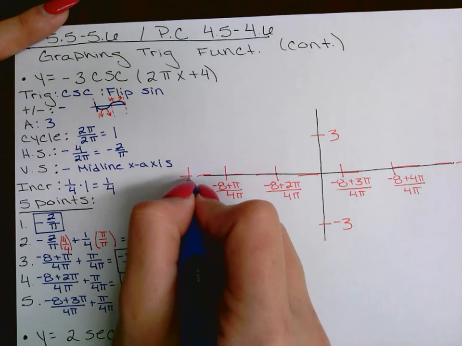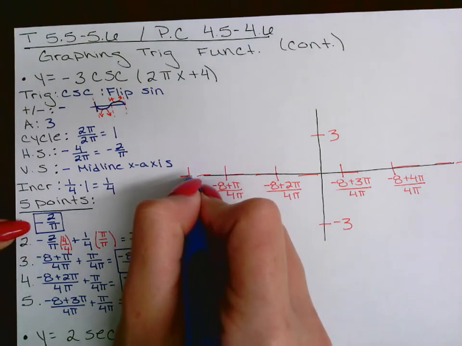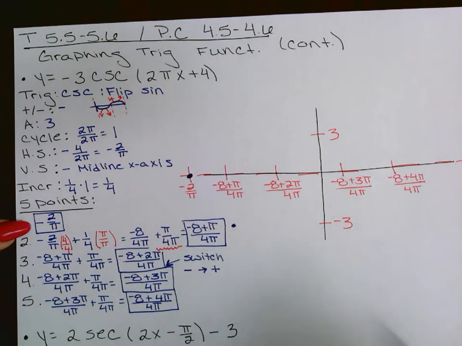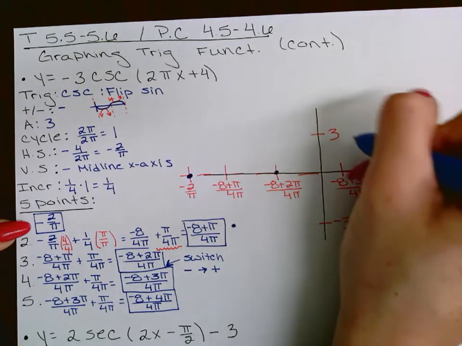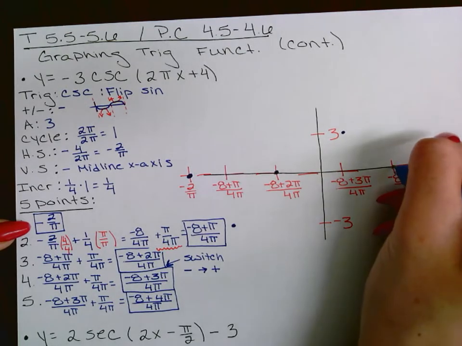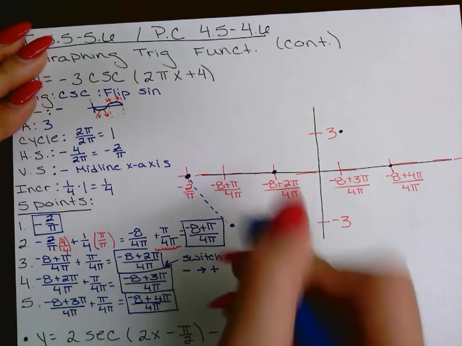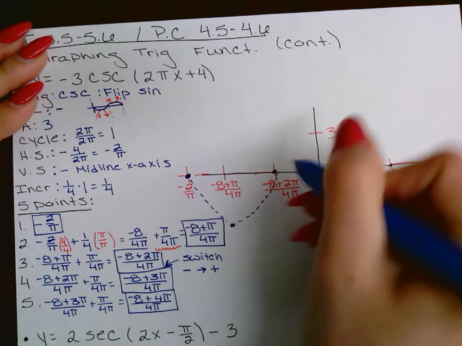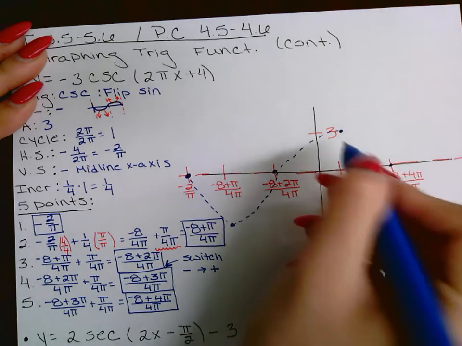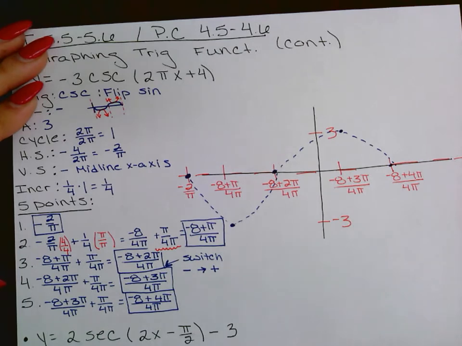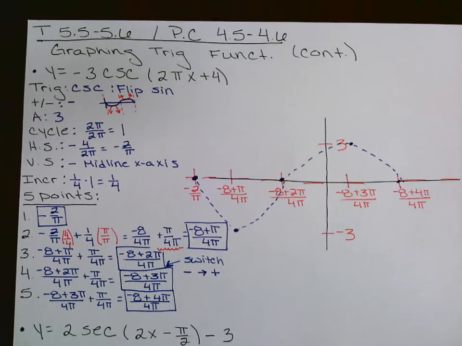So sine starts the first point at the midline. The second point comes down to the minimum, back to the midline, up to the maximum, and back to the midline. All right, you see how I drew a negative sine graph dashed? All right, so in our notes in the first video, we said that whenever we are working with a cosecant